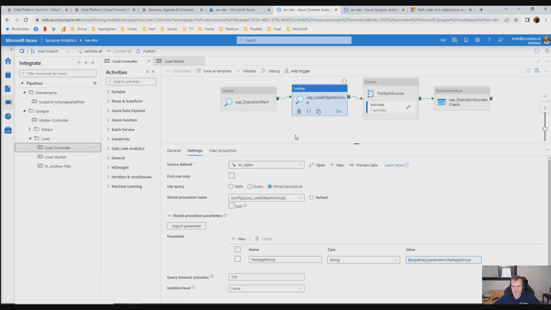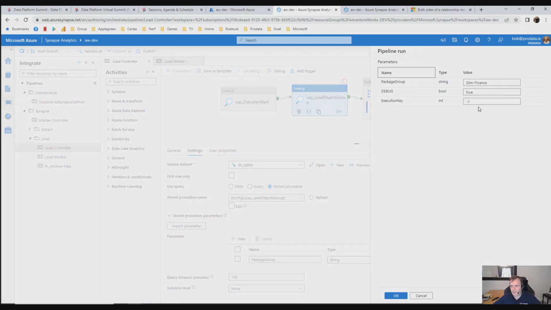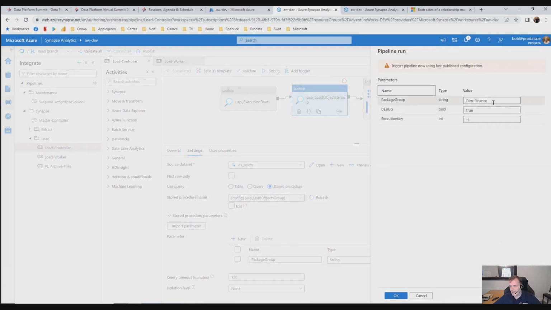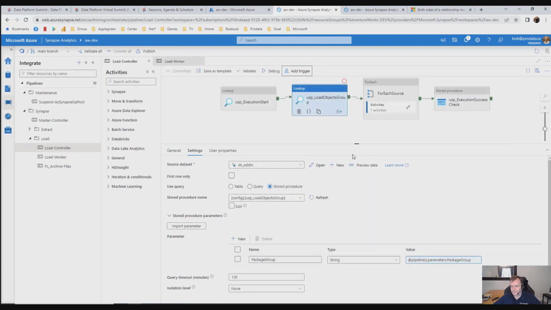So let's run this, right? Now I'm going to run this from a trigger, perhaps, right? So that I can get the parallelism working. So hold on, let's just check I've actually published it first. Yeah, I haven't made any changes. So I'm going to add a trigger now, and I'm just going to load all of the dimensions at once. So it's 7 or 8 dimensions. So I click run,